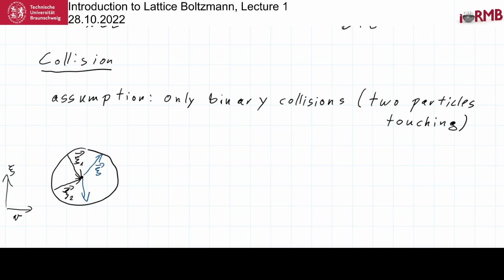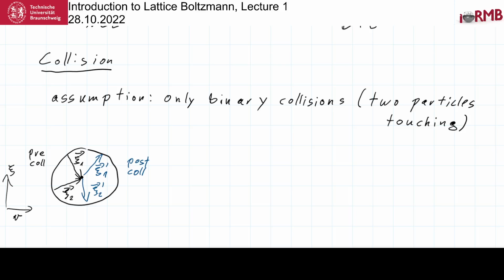Say this is now xi1 dash, and this is xi2 dash after collision. So the black one is pre-collision, and the blue one is the post-collision state. And they will end up on this circle,